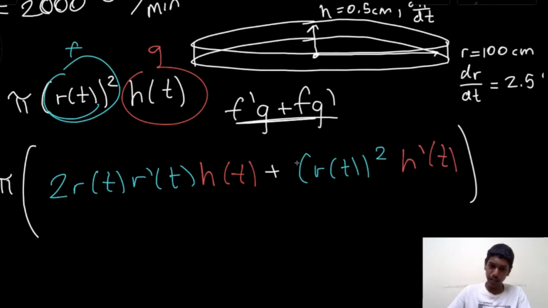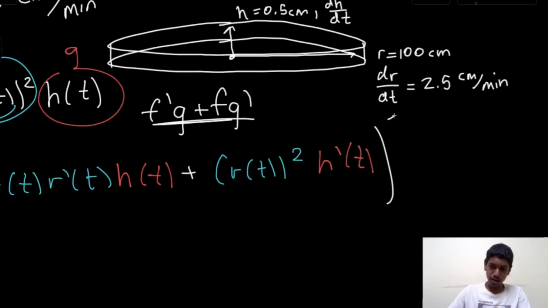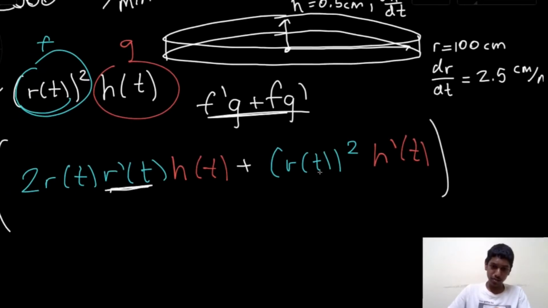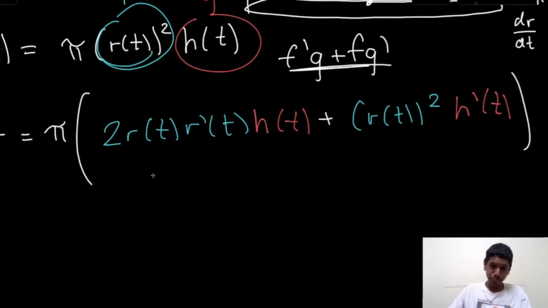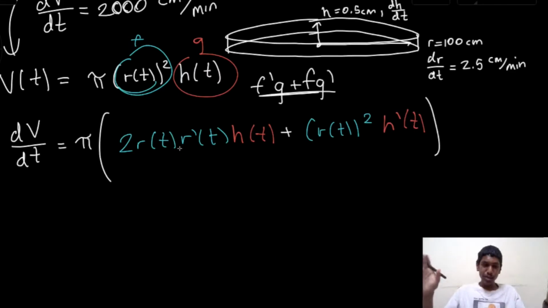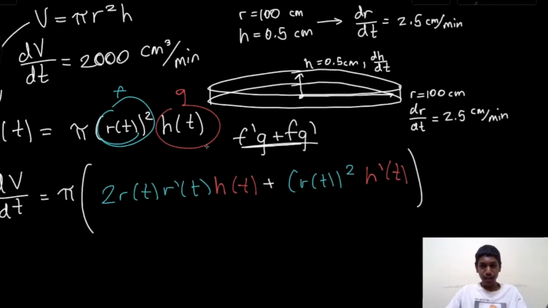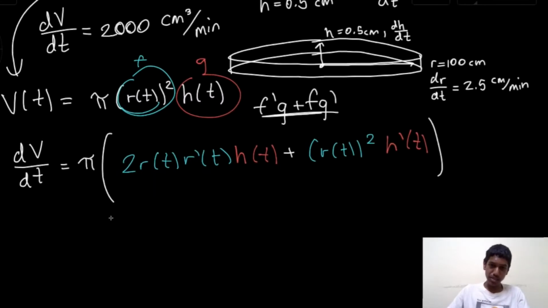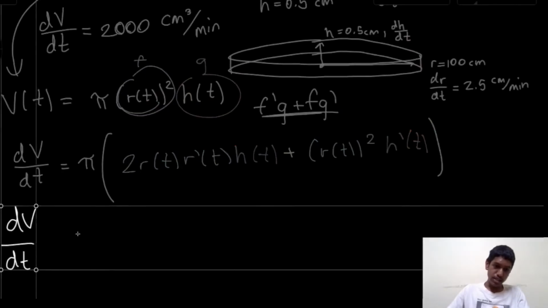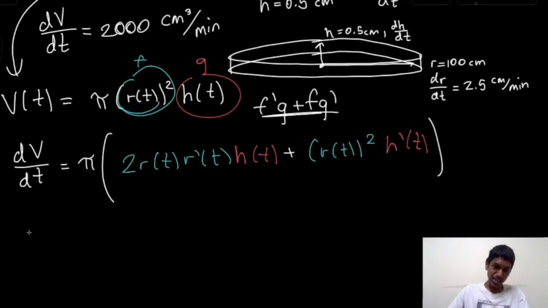Okay, and of course dr/dt is another way of writing r prime, and h prime is dh/dt. They're the same quantity. So now we have a moment. The key thing here is we have values of r and h, but not necessarily t. But we don't really need t, because we already have the r's and h's that we need. So if we try dV/dt, now of course dV/dt at any instant, let alone this one, is